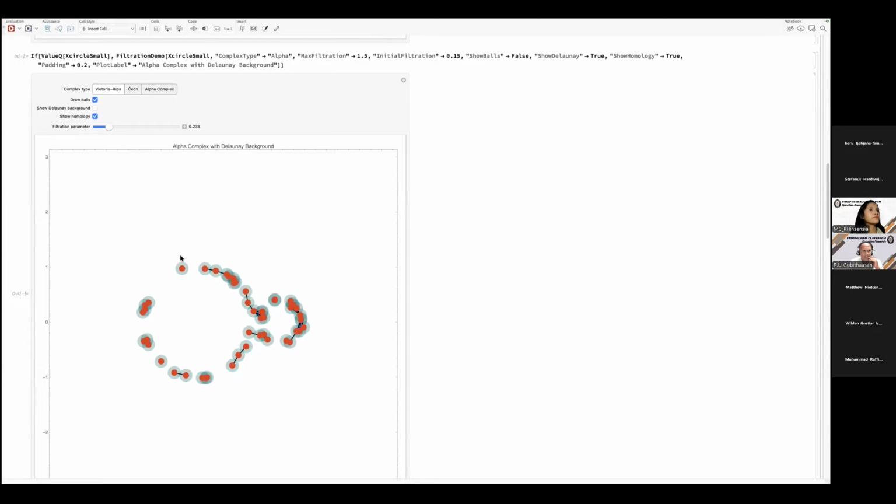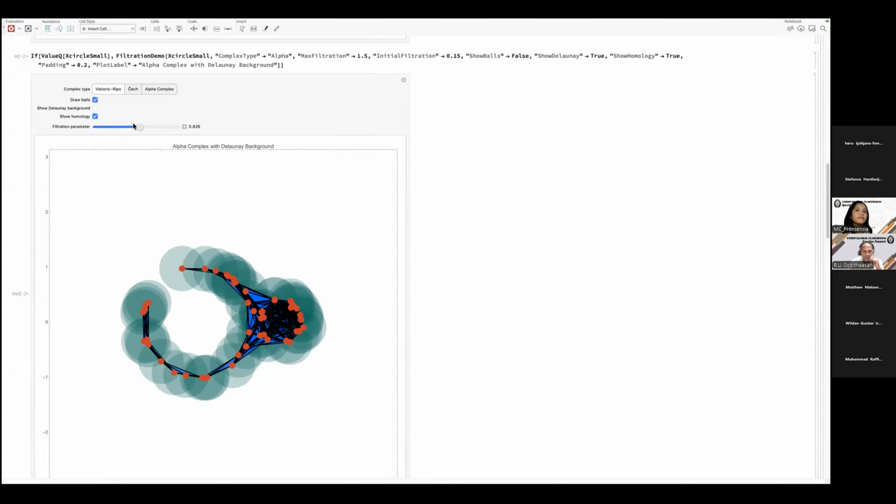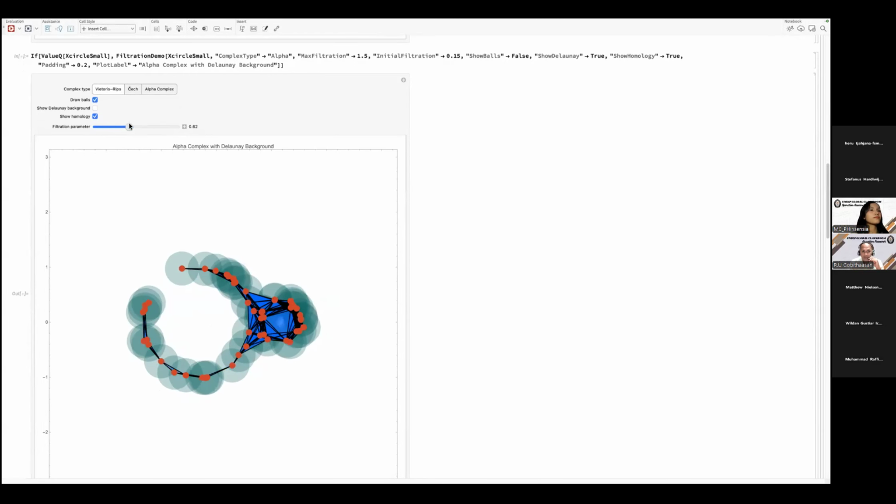In fact, I did not use the whole data set we saw in the lecture. Rather, I just chose a collection of it, to show you how, over the increase of the scale radius, we get to see the complex. So this is the Rips complex. The equation for the Rips complex is very simple, whereas the Čech complex